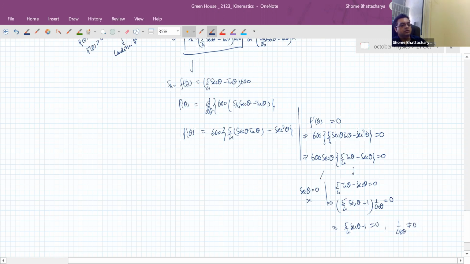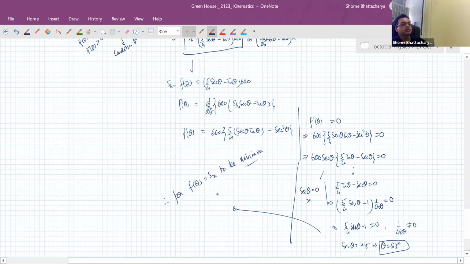So sin theta should be 4/5. So that means theta should be equal to 53 degrees. So this shows us that for f theta, which is basically Sx, to be minimum, theta should be equal to 53 degrees. So once we know that, then we know that